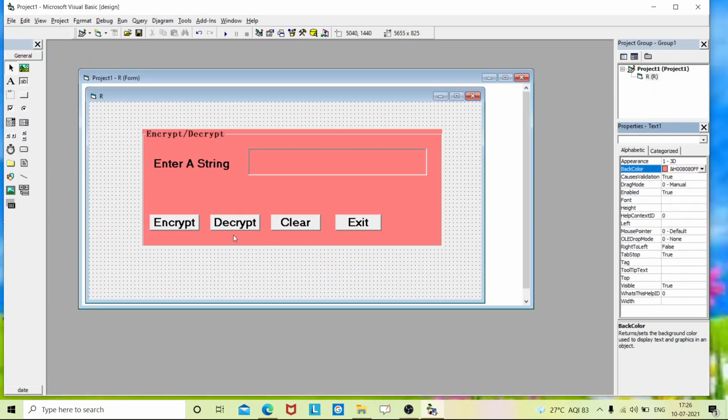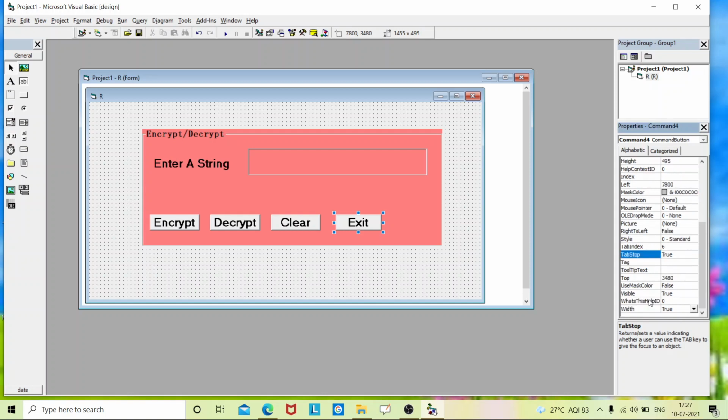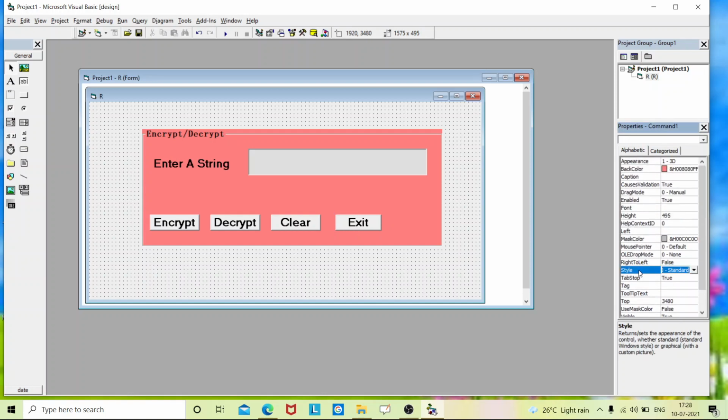See here, the back color is not visible for these command buttons. For that, just go to the Style once again. There is a Style option in the properties.